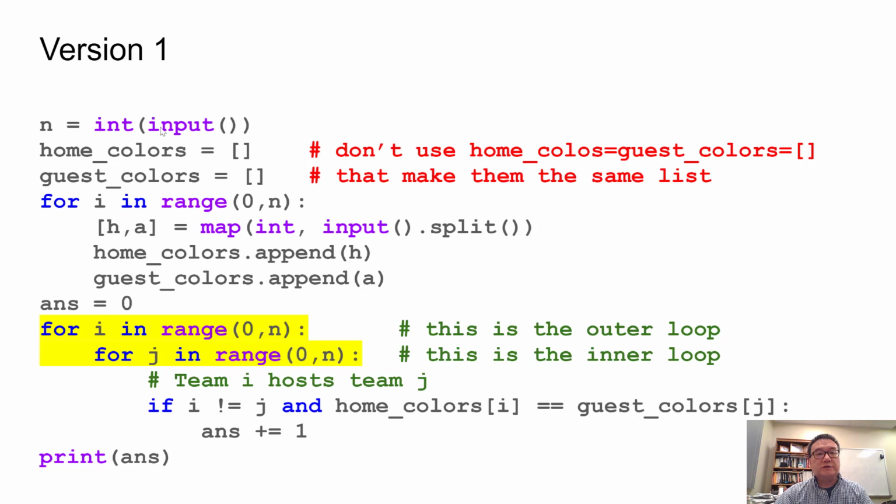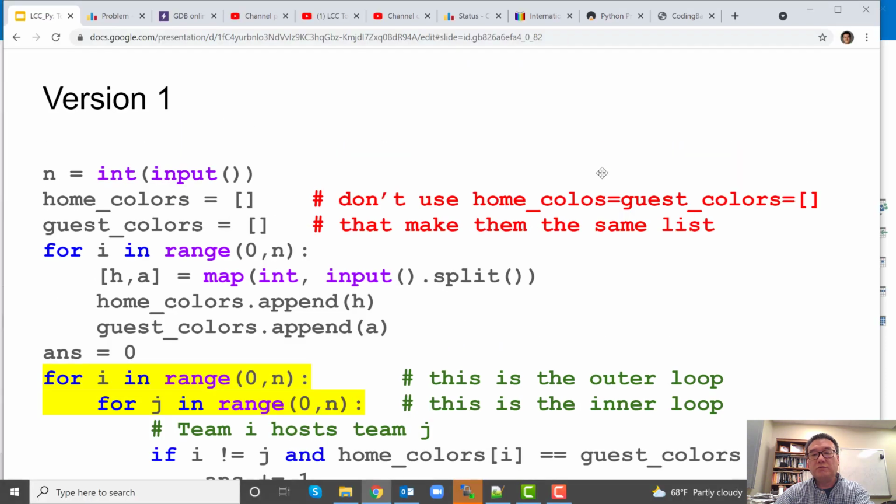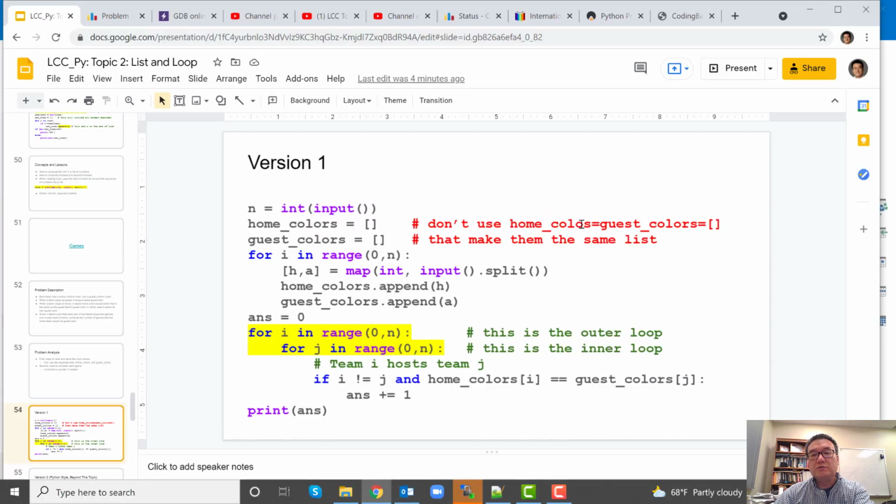So this is one version of the code. We first read in n, the number of teams, and then we read in the colors for all the n teams. We declare the two lists, home colors and guest colors, and they're both initialized to empty lists. I actually tried this,